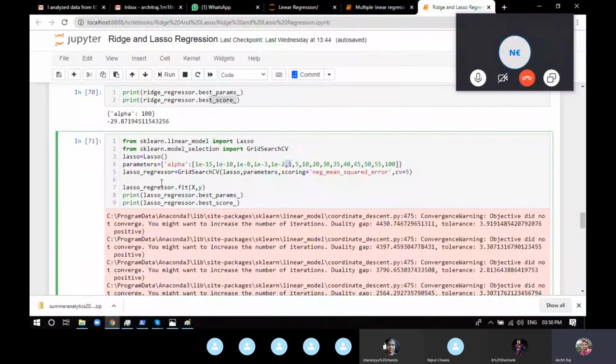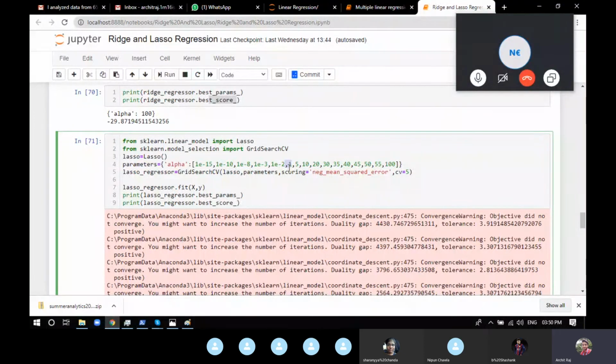So for the next iteration, we take this number and split it into 10 different spaces, like 0.1, 0.2, 0.3 up to 1, then 1.2, 1.3 till 2. You can make a whole new list with that and again use GridSearchCV. And if you want to make it more accurate, find the number. If you found that for that particular iteration 0.3 gives you the best value of alpha, now split 0.3 into 0.01, 0.02, 0.03 and so on, and go ahead with that.